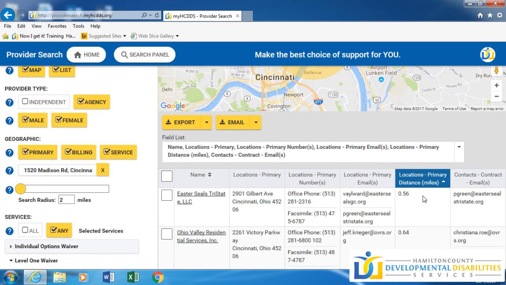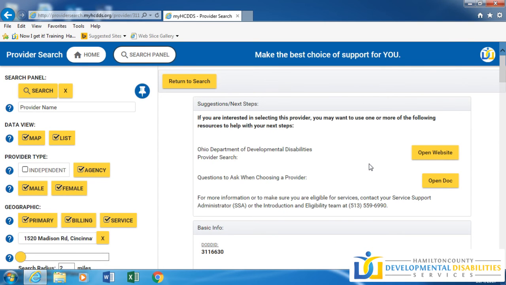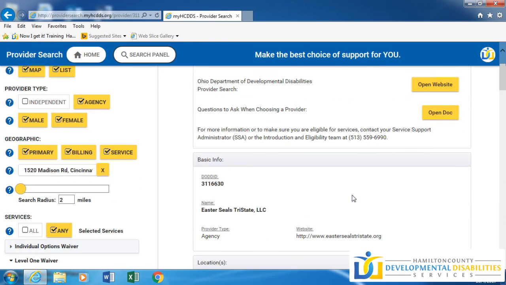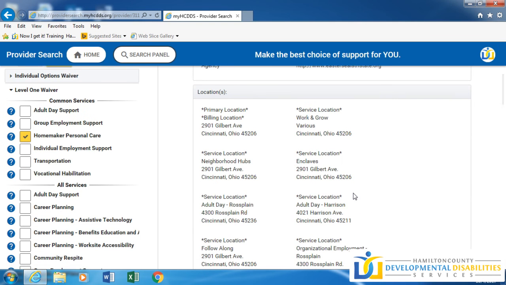There are a number of things you will want to consider when choosing a provider. Location may be an important factor for you. Let's take a look at the details of the closest provider on the list. Click on the provider's name and you will be redirected to their detail page. At the top is a list of convenient links to further help pick the right provider for you. Below, you will find a number of sections that cover basic information, locations,